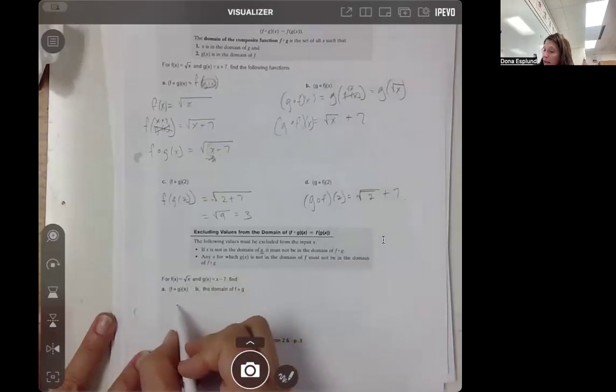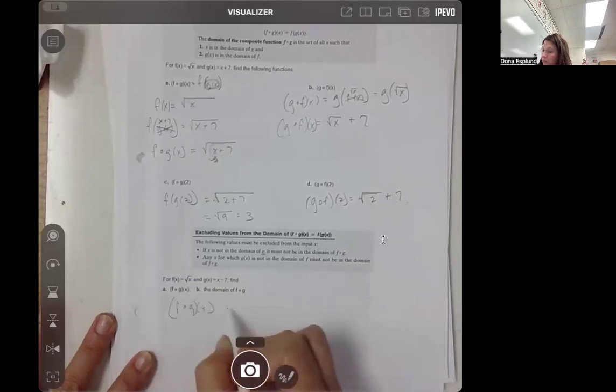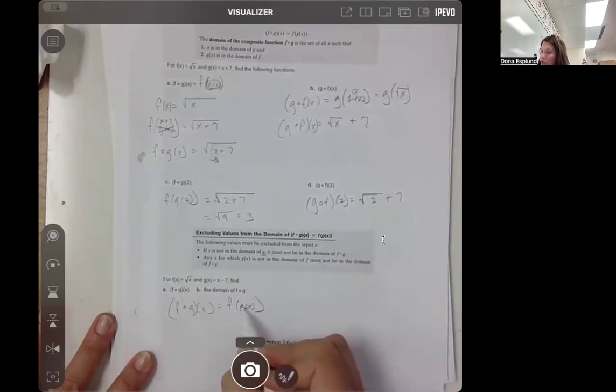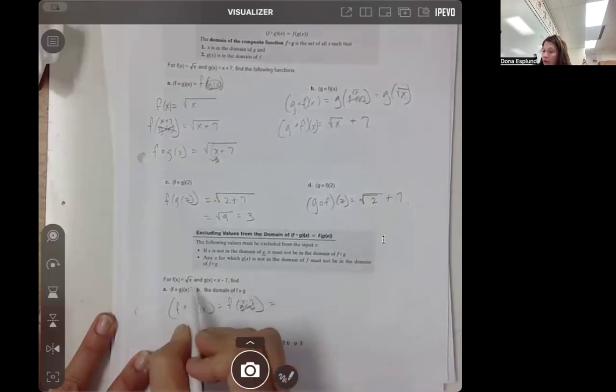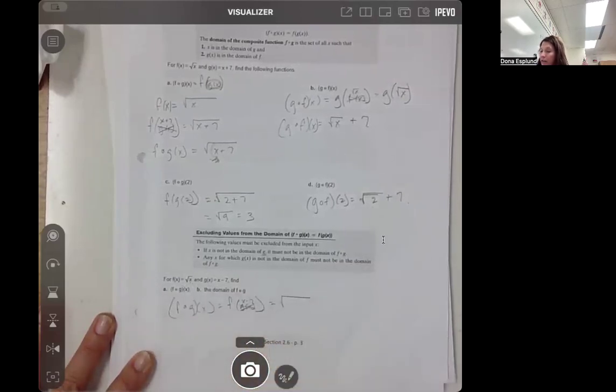So on this one, if I have f of g of x, and they just change it. So I'm going to go f of g of x. I'm going to replace the g of x with x minus 7. And then I'm going to look at f of x, which is the square root of x. So that's going to be the square root of